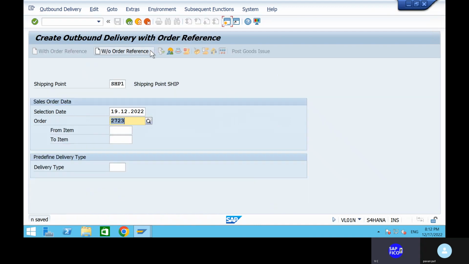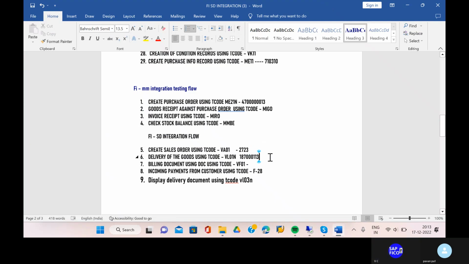See, we are posting the document, and if you are facing any error regarding the delivery document and all, okay, you will see the details. Okay, can you take out the delivery document also, Pawan, and copy all these things and go to the Word document and save it. Select this delivery document and go to the Word document and save it. Okay, 187000114 is our delivery of the goods using transaction code